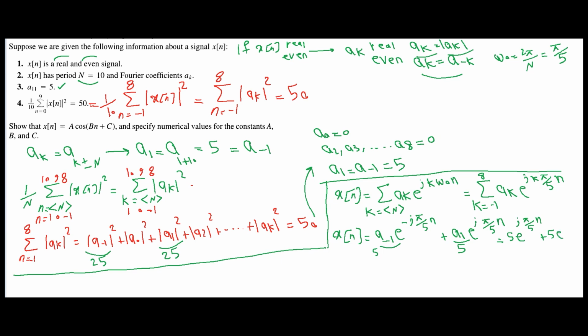Substituting the coefficient values, we obtain 5 e to the power of jπn over 5 plus 5 e to the power of minus jπn over 5. Now let's recall Euler's identity. Cosine of theta is equal to 1/2 e to the power of j theta plus 1/2 e to the power of minus j theta. Comparing our expression with this identity,